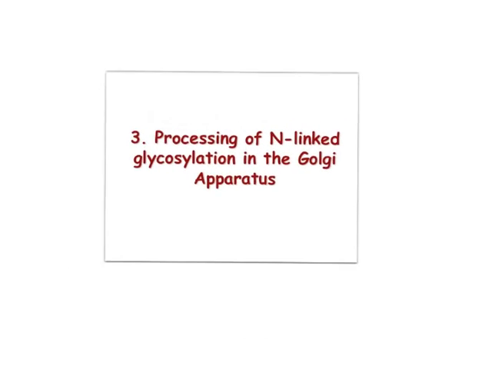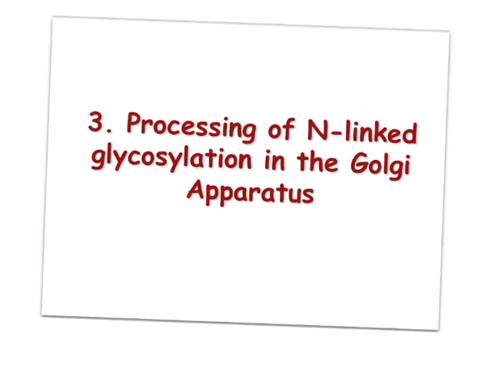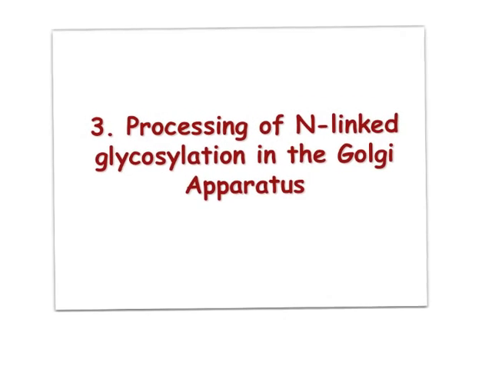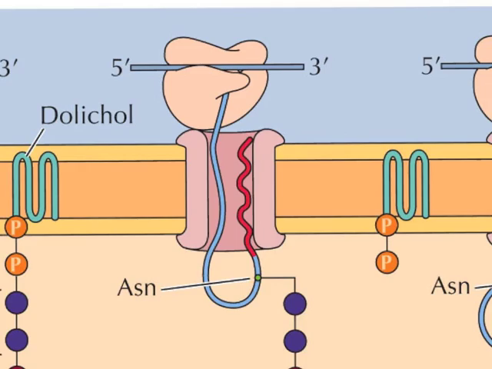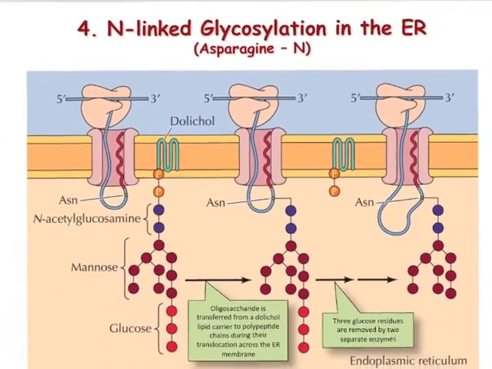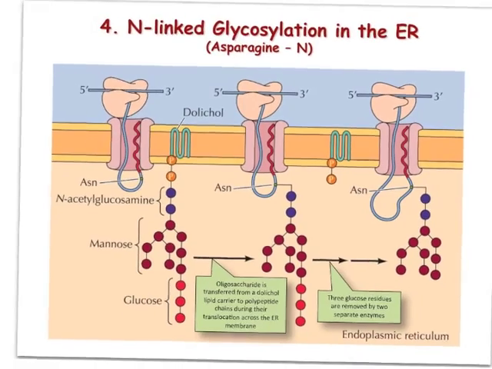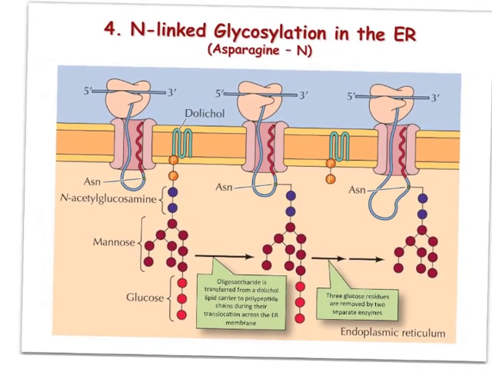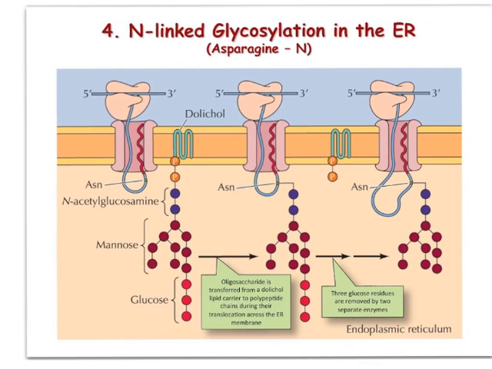Now that we have already talked about the signals that target proteins to remain in the ER or to go to the Golgi, now we can talk about the processing of N-linked glycosylation in the Golgi apparatus. We had already mentioned how N-glycosylation takes place during the co-translational translocation of proteins into the endoplasmic reticulum. When proteins are let go out of the endoplasmic reticulum, the initial 14 sugar residues that were simultaneously transferred during